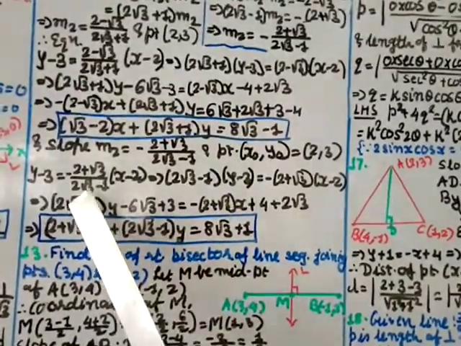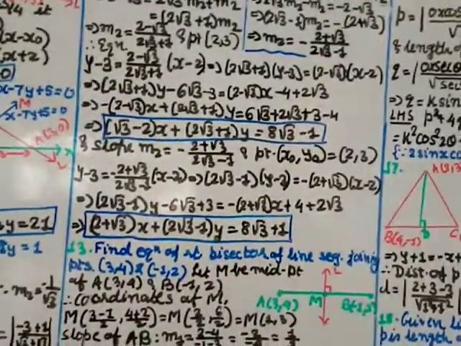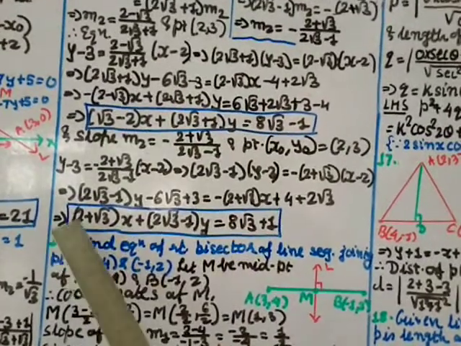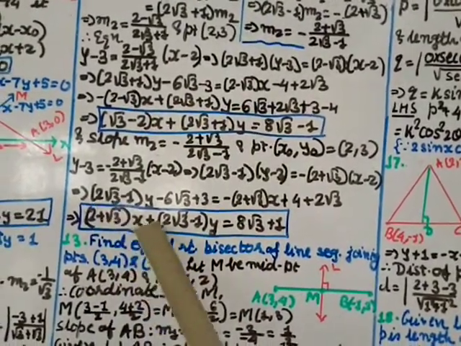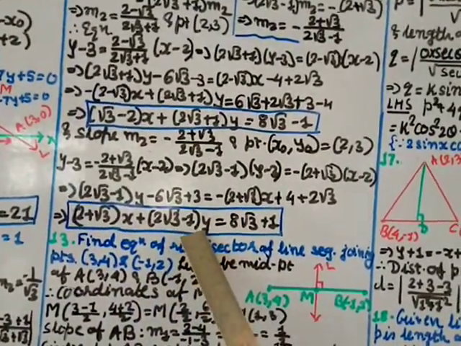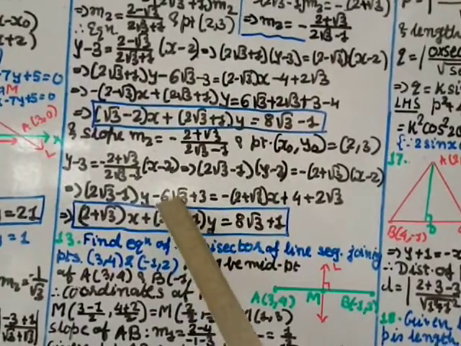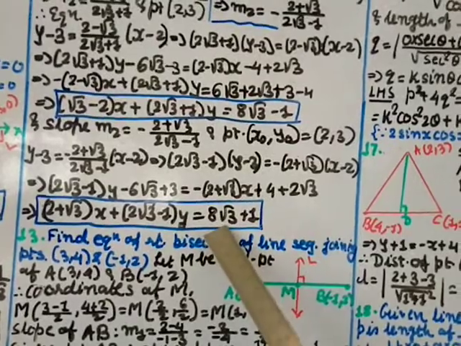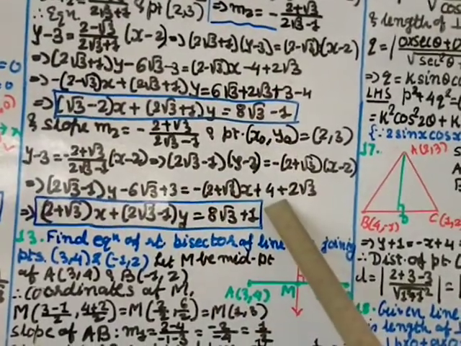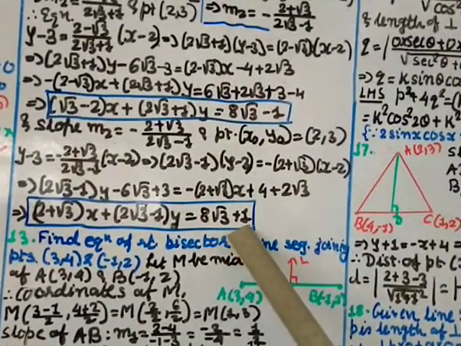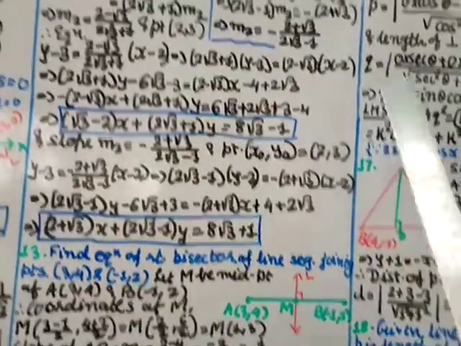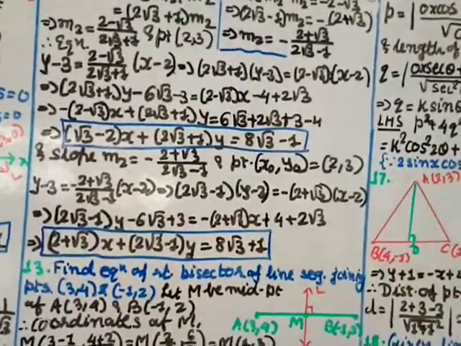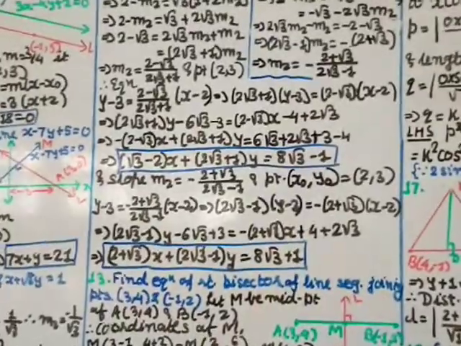Negative term x transfer over here, so it becomes positive. X term should be positive. So transfer here: 2 plus root 3 x plus here 2 root 3 plus minus 1 y. And this minus 6 root 3 transfer over here, and here already 2 root 3 is there, so add with this, so it becomes 8 root 3. Plus 3 transfer becomes minus 3, here plus 4 is there, so gives you plus 1. So this is the equation. So you have got two equations, one is this one and one is this one, with the given condition.